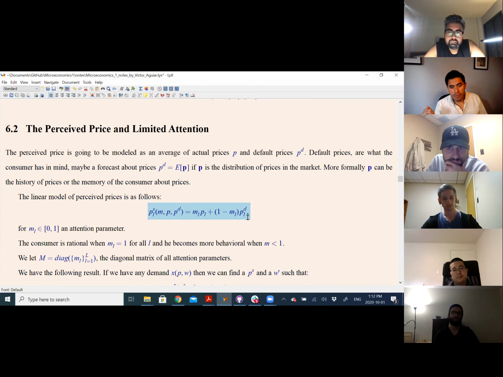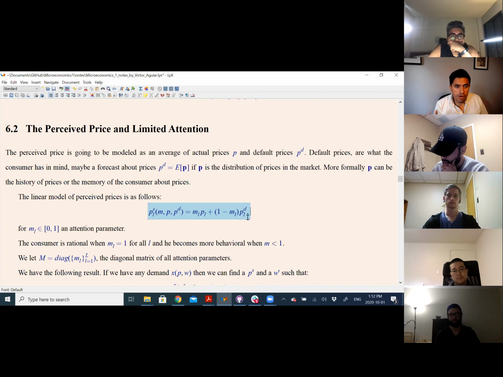If you go to a supermarket and you're thinking of bread, more or less you know that it's around $1. So you don't know exactly the price, but you know the value more or less. When you're going to buy a coffee in a Starbucks, more or less you know the average value. So that's the idea. The default price is information you already have access to, free of charge.